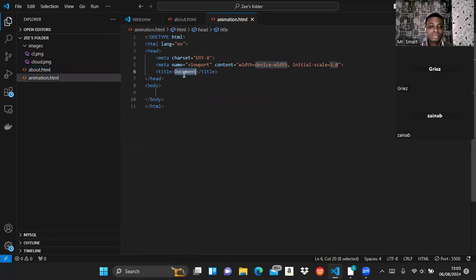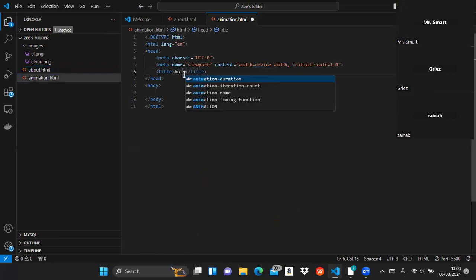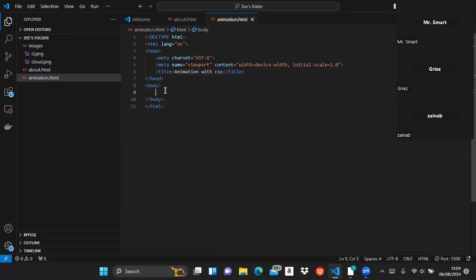Change the title to anything you want, animation. And you're going to create a div to house everything, that's dot hero, anything. Then inside this div, you have